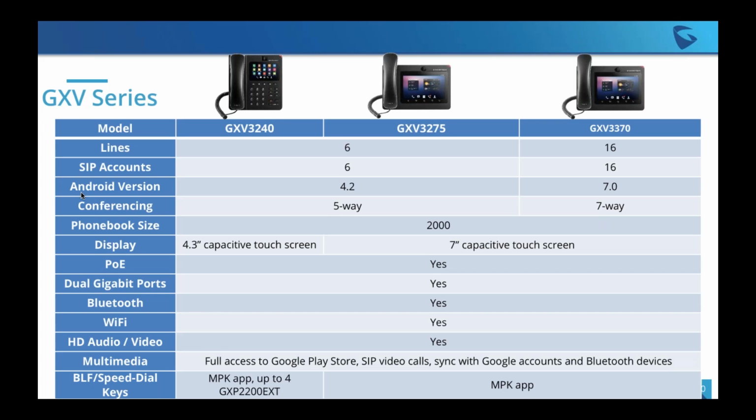And kind of the last thing I'll leave you with here is we are currently working on a new product sneak peek. We're working on a new device that will be basically the high end of this series. It's going to be called the GXV 3380. It is most likely going to be released in the May-June mid-year time frame. We'll release it for beta testing in a couple of months,